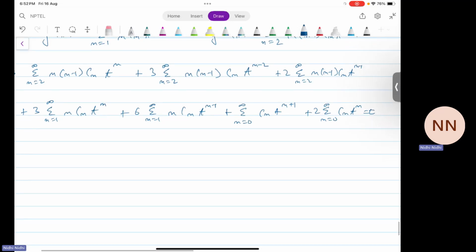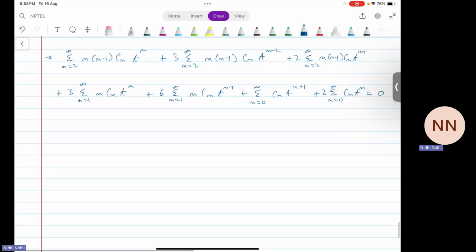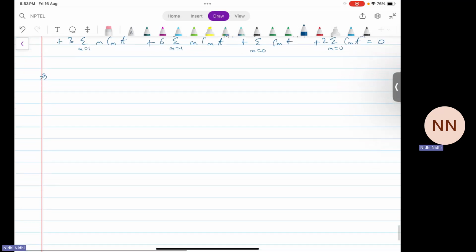Now again, as done earlier, we'll make the equation more uniform so that everything is in terms of t to the power m. We'll make the required substitutions, and after that our equation becomes, I'll just write it directly. I want you all to see how the next step comes. It will take time. You'll have to see each of the series wherever the sum is not in terms of t to the power n, and then substitute them. This will turn out to be